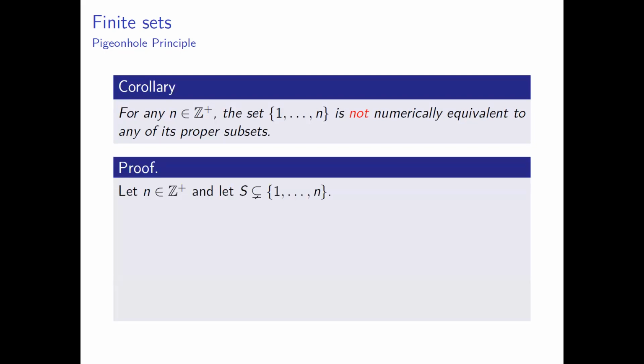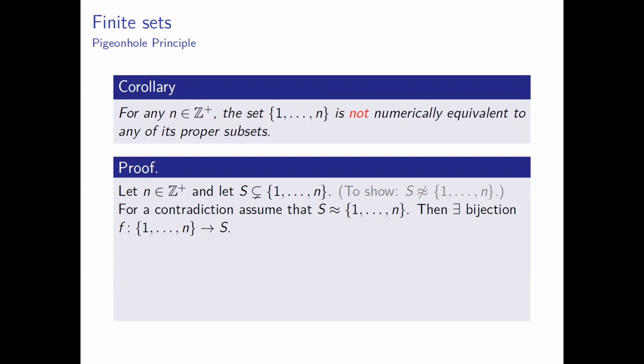To prove this, let n be a positive integer and let S be a proper subset of the set of integers from 1 to n. We need to show that S is not numerically equivalent to the set of integers from 1 to n. For a contradiction, assume that S is numerically equivalent to the set of integers from 1 to n. Then, by the definition of numerical equivalence, there exists